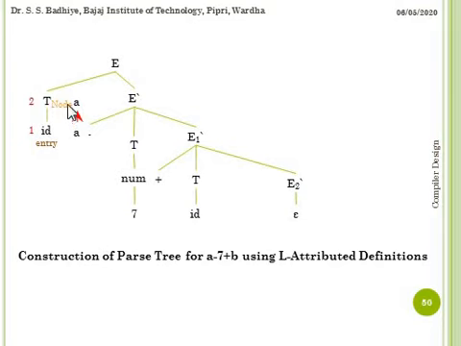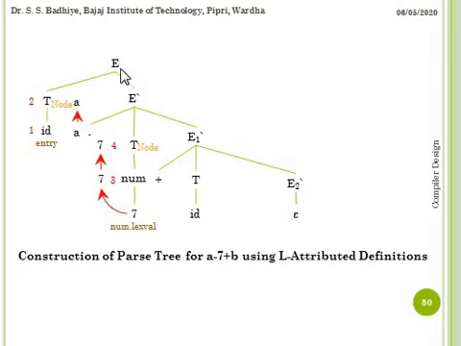So this node is the synthesized attribute, right? The second thing that will happen is the third node that will be created is num, and the T dot node will get the value of num. So this is the sequence of execution. It will get the value from num lexval, and the node attribute of T will get the value from num, right? The next node that will be created is by using the rule,